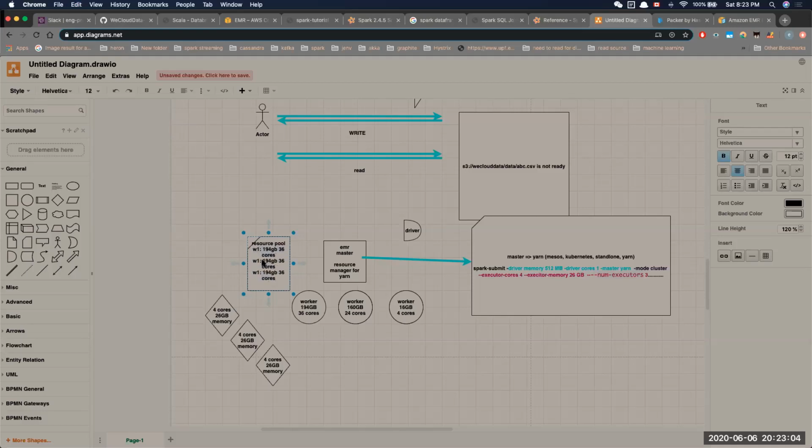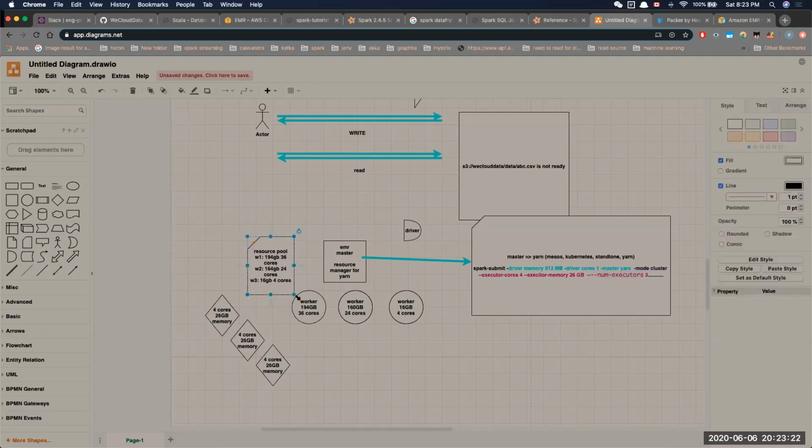Worker 2, worker 3, 160, 24, 4, and 16. So that's how many resources you have, but what you're asking for is 4 cores and 26 gigabytes of memory. So you are going to see the available resources, and let's say if